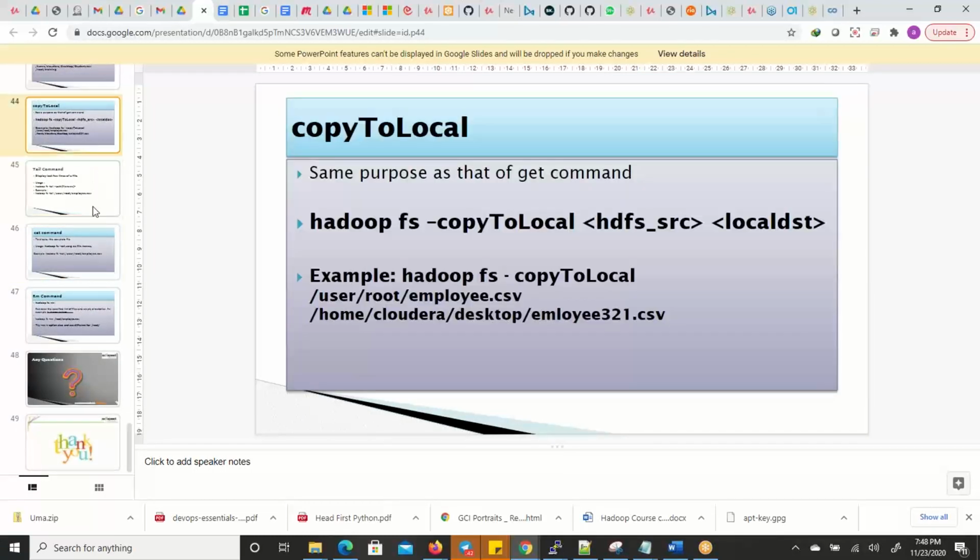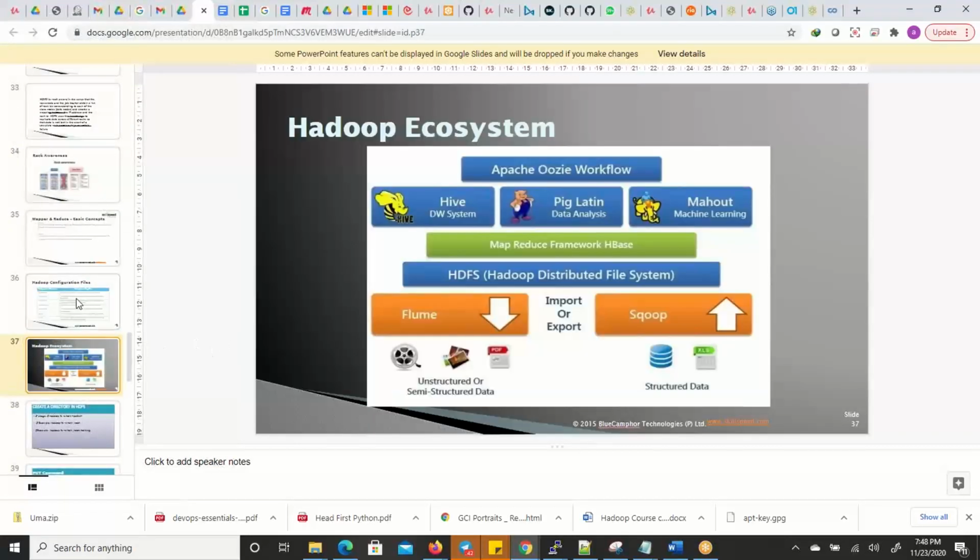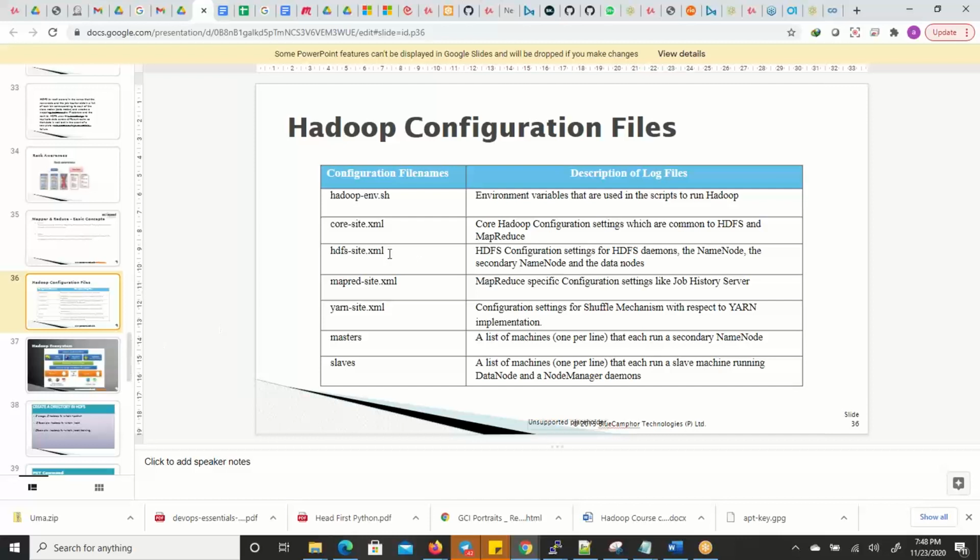This is all Hadoop commands, which we already saw. So is it clear so far, Karthik? It's clear, but again I need to go through the